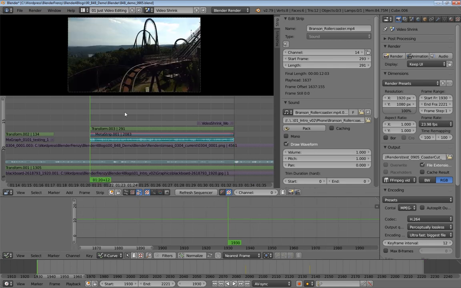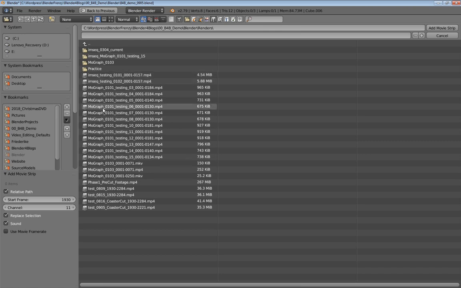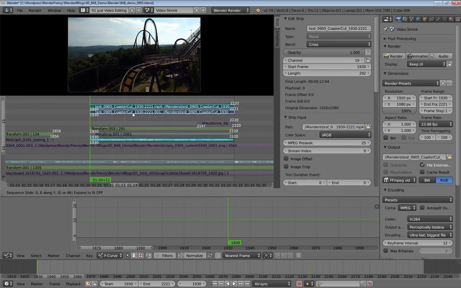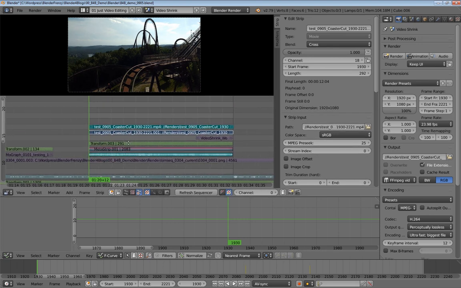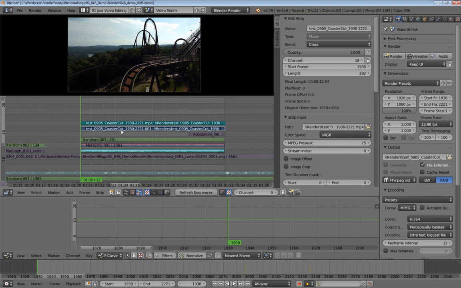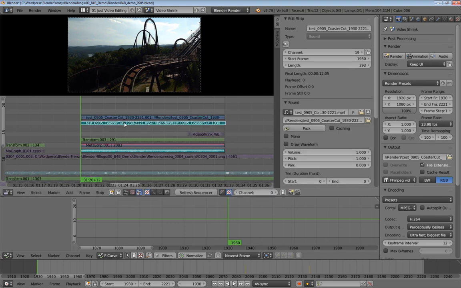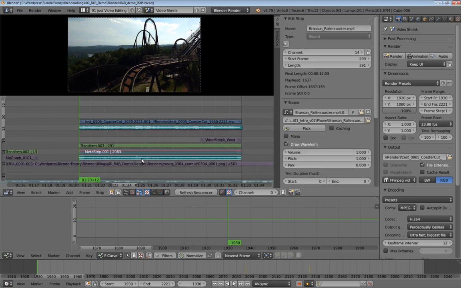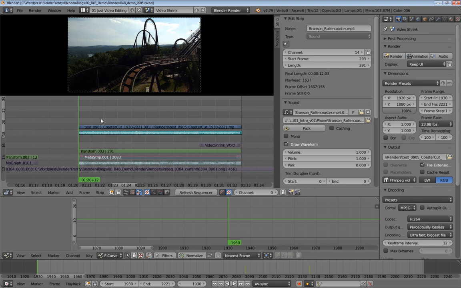So Shift left arrow and then Shift A, add in a movie, and it should be down here, 905. There we go. So grab that and move that up. Adjust these like I usually have them. All right, and then we want to hide those. Okay, so now we have,